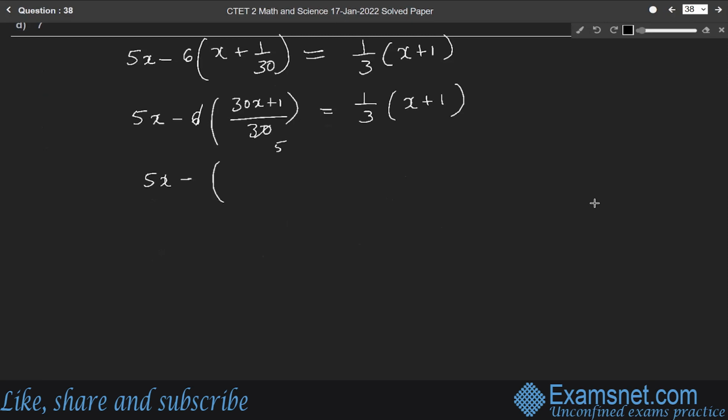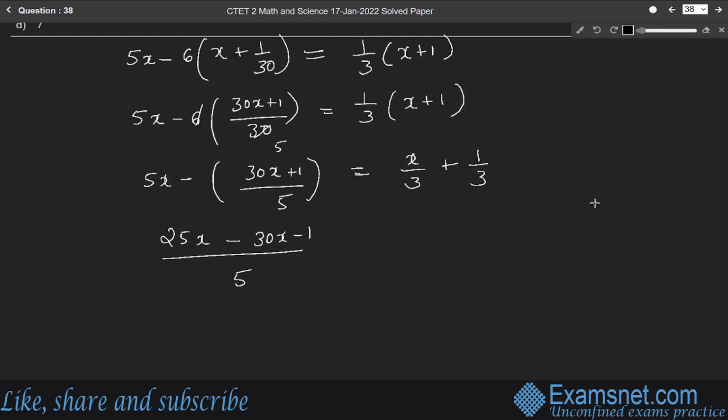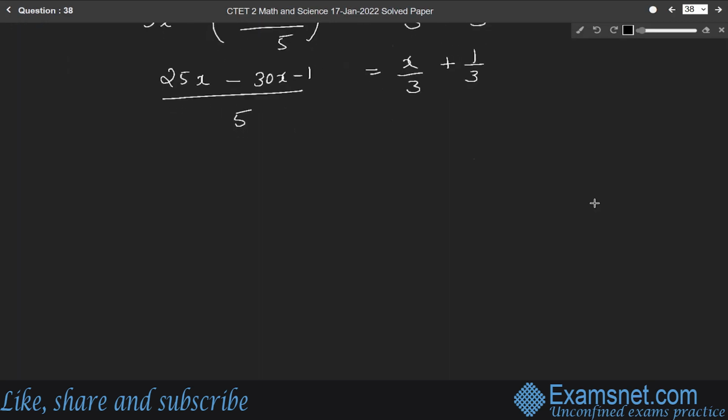Therefore, it is (30x plus 1) whole divided by 5 is equal to x by 3 plus 1 by 3. So it is 25x minus 30x minus 1 whole divided by 5 is equal to x by 3 plus 1 by 3, which is